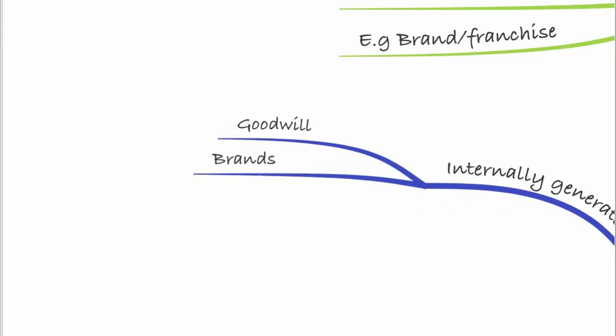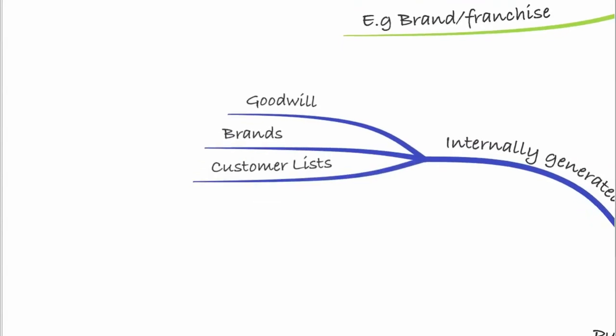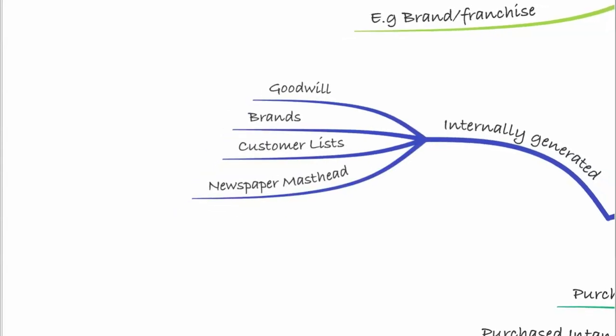Again, if you purchase a brand, you can capitalise it, but if it's internally generated, you can't. Customer lists, I've already mentioned, might form part of your goodwill, so we can't capitalise that. And newspaper mastheads is a specific example given in the standard of an internally generated intangible asset that cannot be